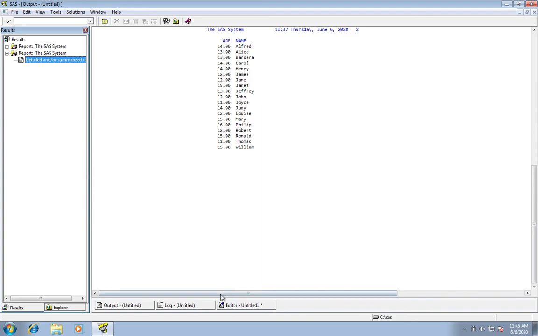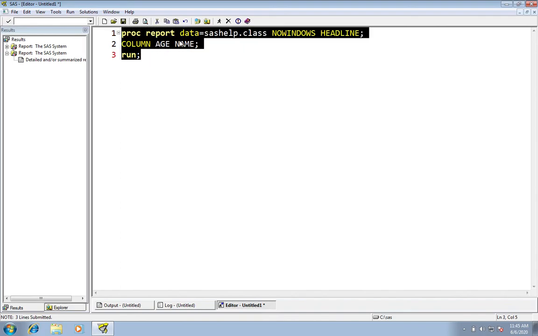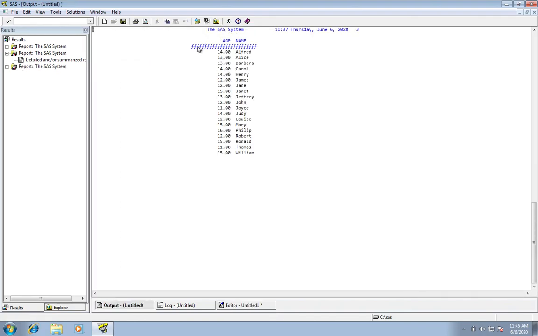How can I do that? By using the headline option. Give headline. Now execute the program. This line is nothing but a line included in between the variable names and the data values.